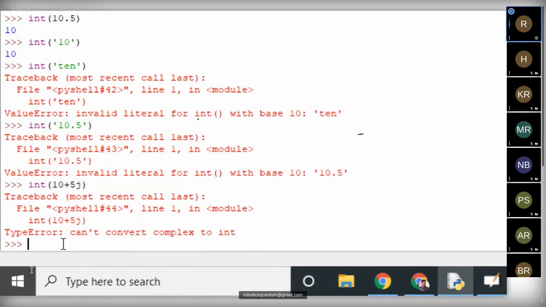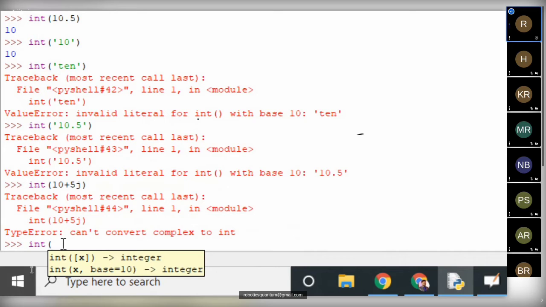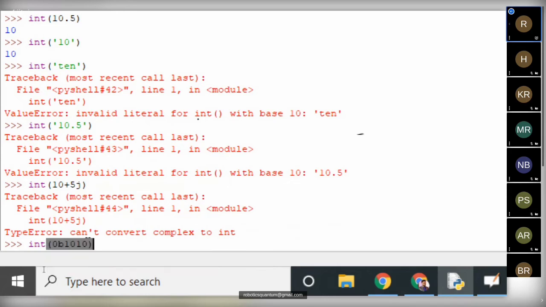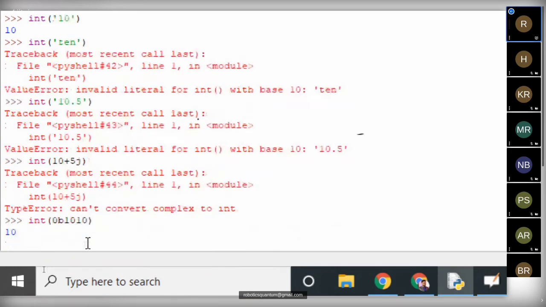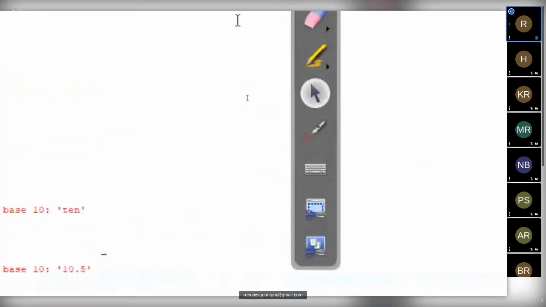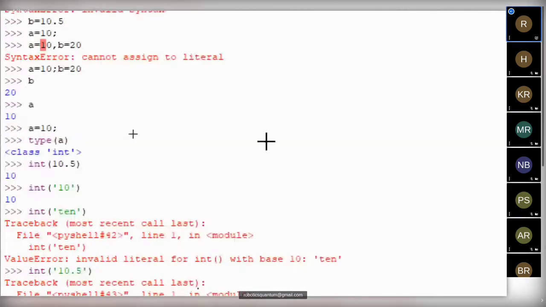Here only number conversion is possible. As we know, we can convert a binary number. In general, a binary number must start with 0b, 1010. 1010 means we will get 10. We got this 10. Let me explain that. So I think you know about the binary number system, but even though I'll explain here, we have 0b, 1010 as the value.